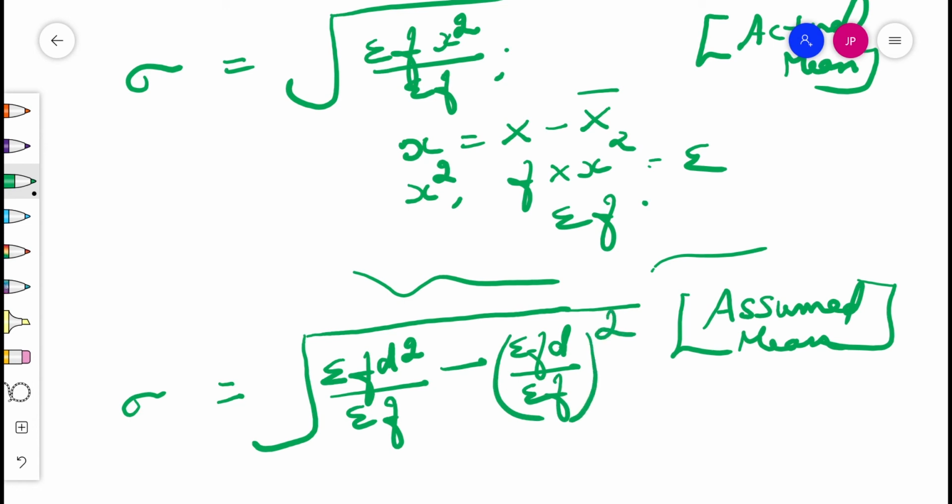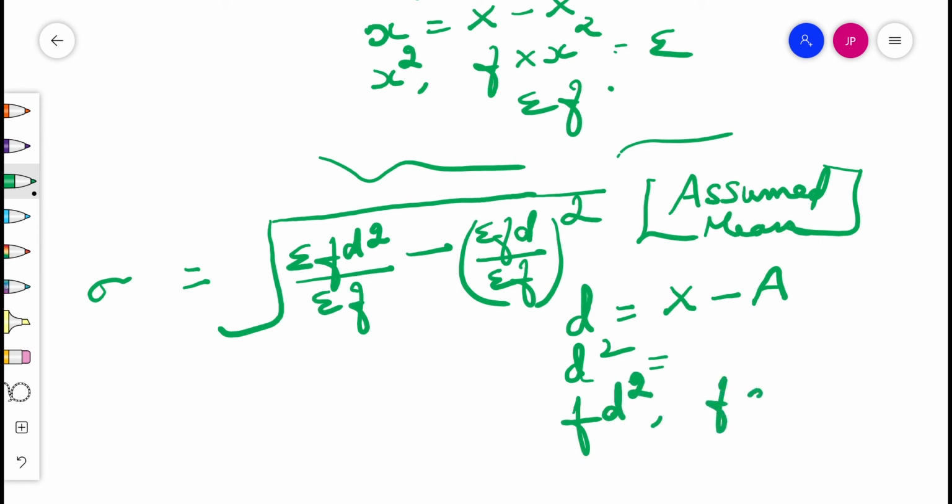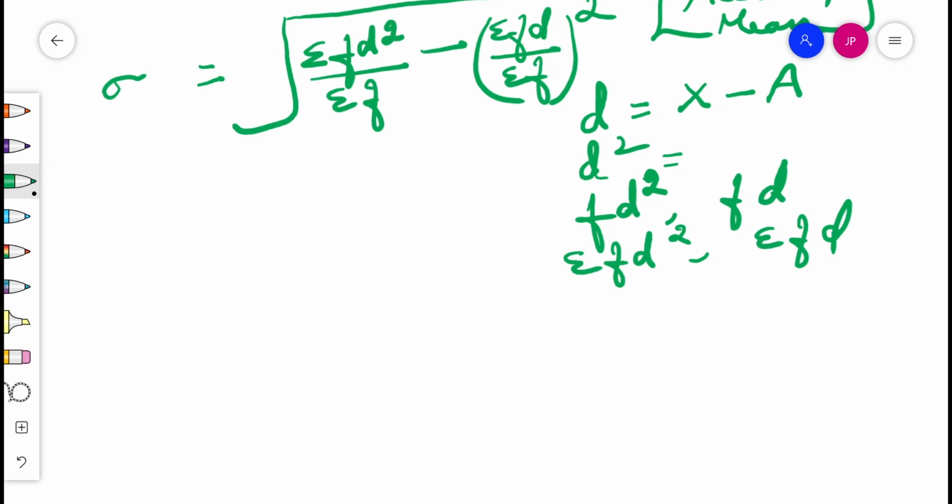Assumed mean method. Again, as we have done in the previous step, d is equal to x minus assumed mean of the series. Then what's the next step? d square. Yes, then what's the next step? Tell me. f into d square and f into d, both cases, summation of that. Sigma f d square, sigma f into d also, and total frequency. The frequencies must be multiplied with the deviations, isn't it? Respective frequencies are multiplied, divided by total frequency. Substitute the values in the formulae.